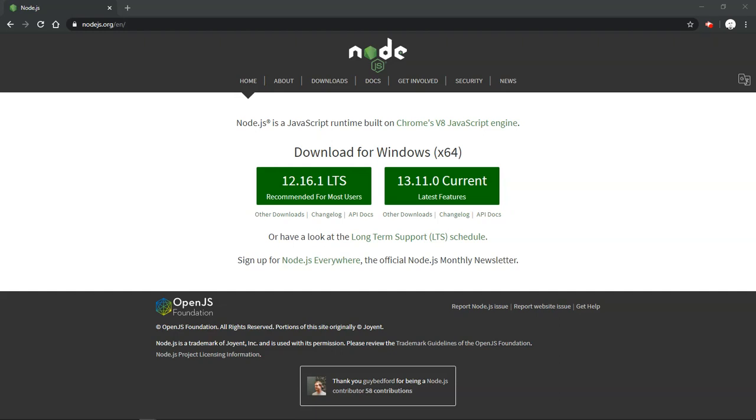What is Node Package Manager? Node Package Manager is a package manager for the JavaScript programming language. It is the default package manager for the runtime environment Node.js. It has a command line interface, or a CLI, often referred to as simply NPM, and it is an online